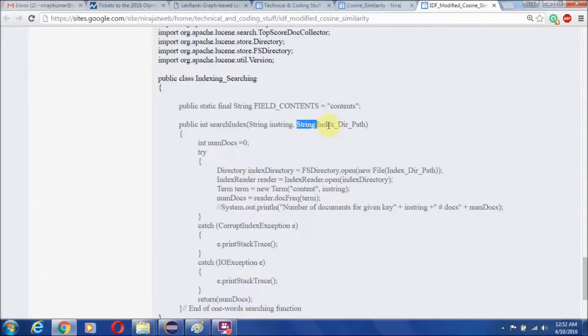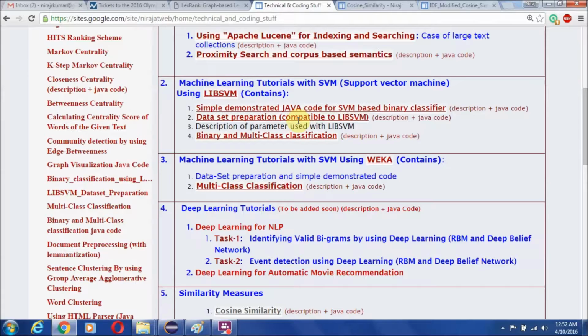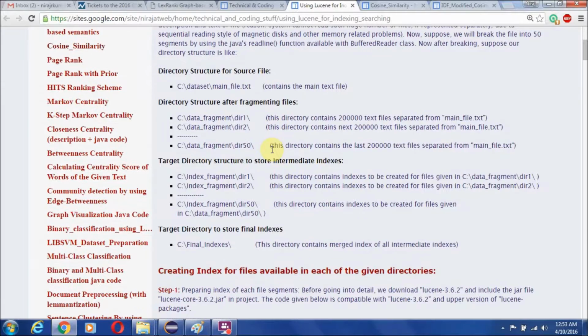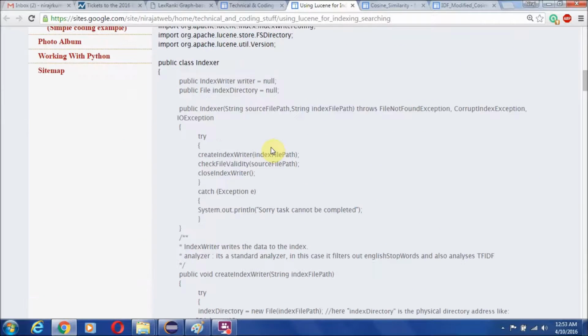Now this is the index directory path. Actually this index directory path contains the complete indexing of DBpedia abstracts. To calculate the DBpedia indexes, we can use our source code to calculate the indexes of entire DBpedia documents.